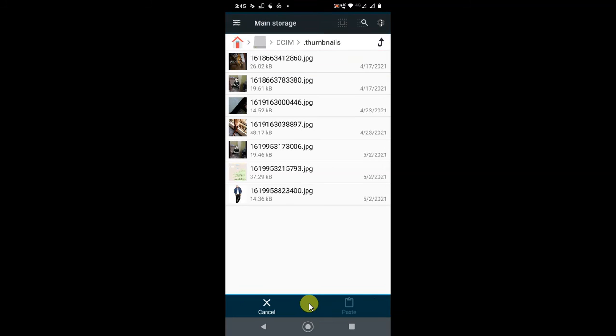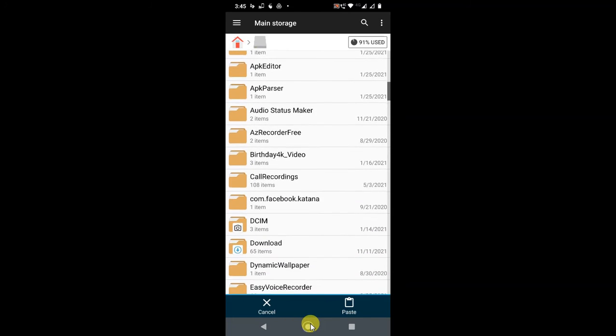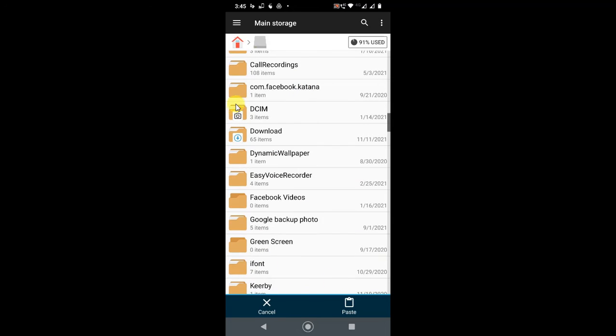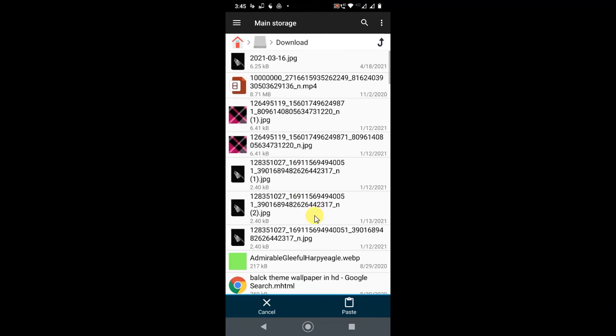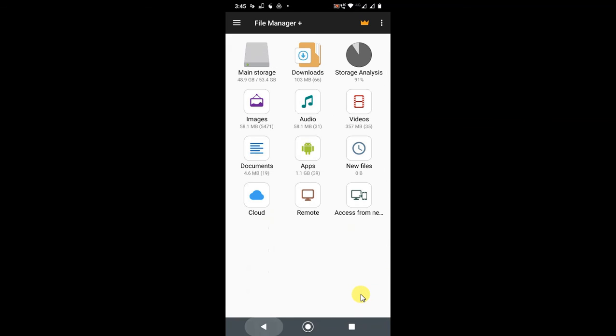Just move it from here, then come back and go to any folder like Camera or Download, any folder you want, or you can create a new folder. Go to Download, and you can paste it from here. So this image will be pasted here, and you can view it in Gallery or Photos. Okay, so this is the second way.